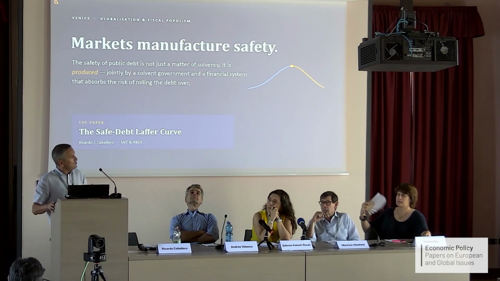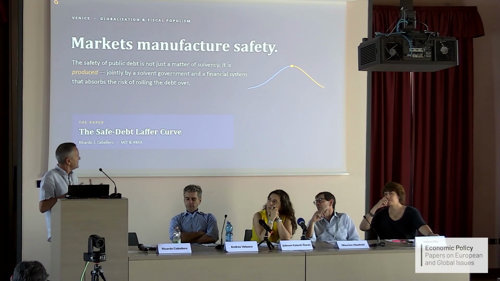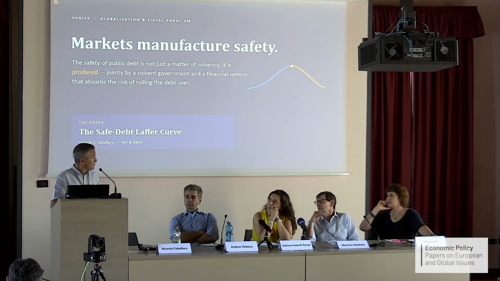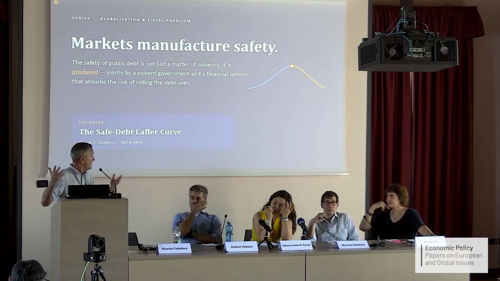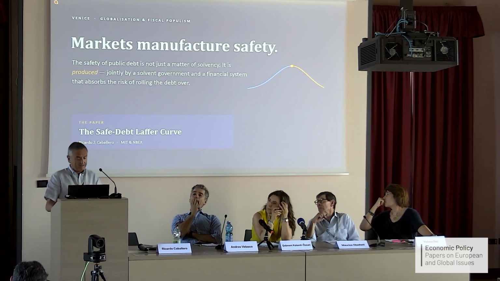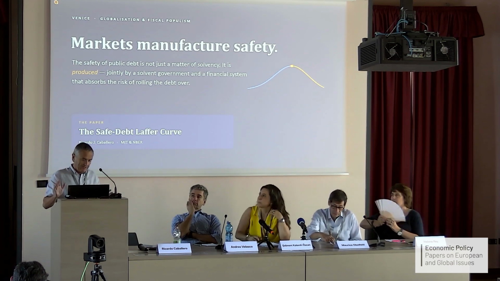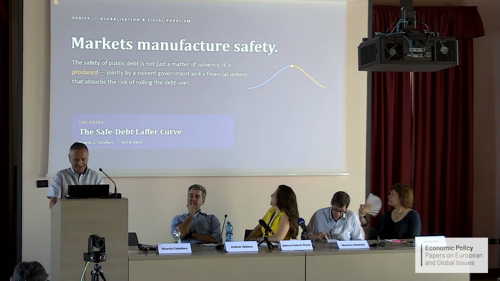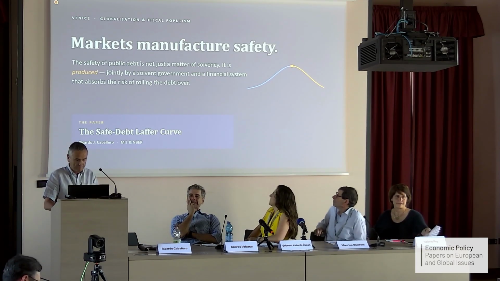So the question I want to ask is, what happens when I enrich the basic model and think about this extra service that the financial system needs to provide in order to produce the safe debt that ultimately our household collateral users want? Okay, and that's what I was thinking about. This is very recent, so fertilization happened a month ago, so this is a very early stage of gestation. I end up with a paper that is very suggestive of this safe debt Laffer curve, and that's what I want to talk about today.